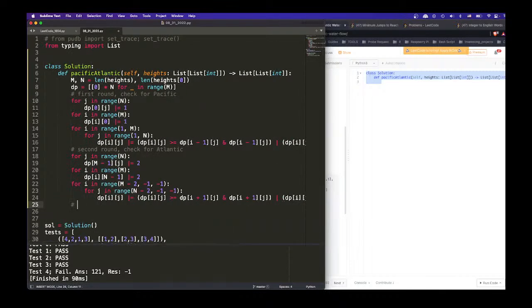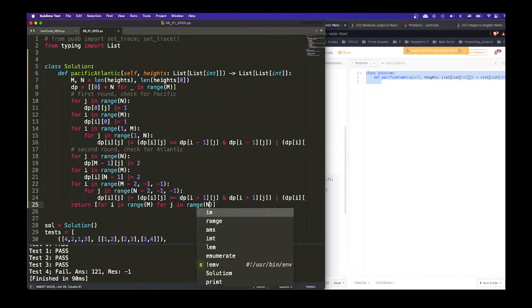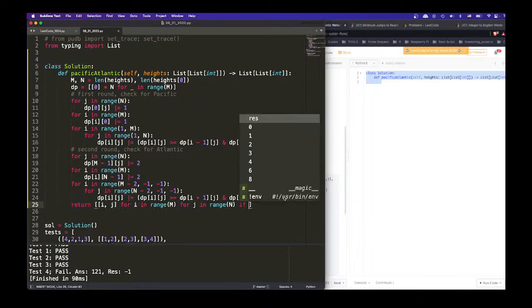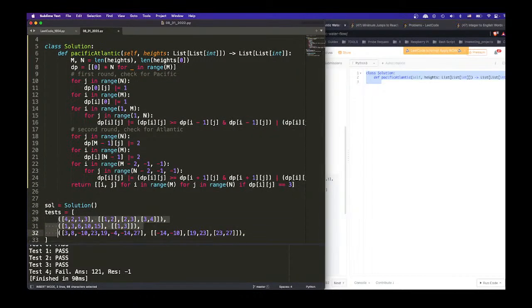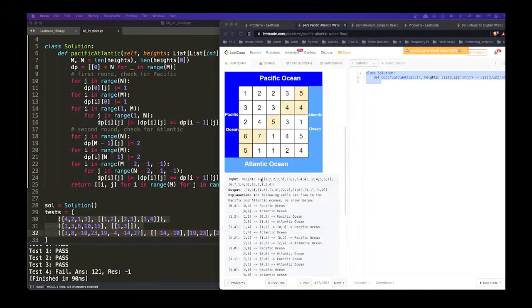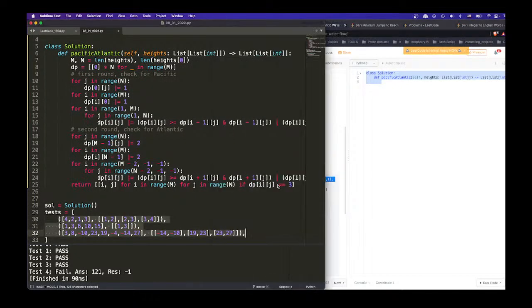Then return this, right, for i in range m, for j in range n, 3 rounds, i j, if dp i j is equal to 3. All right. So we have this,